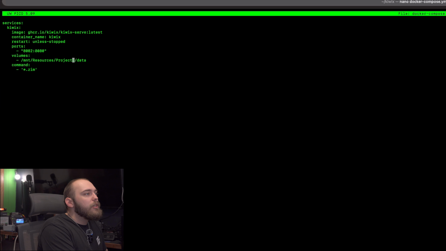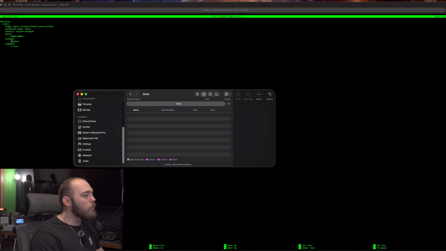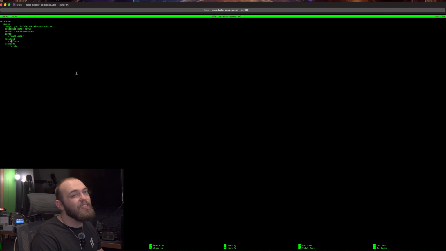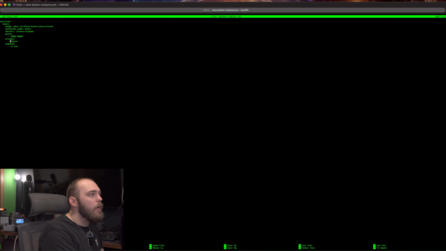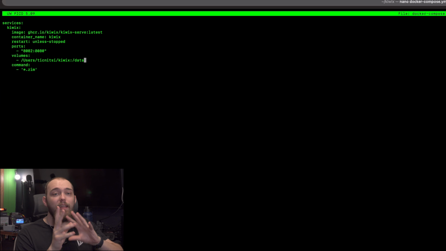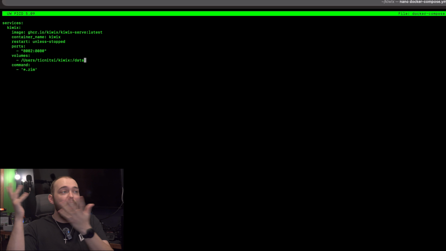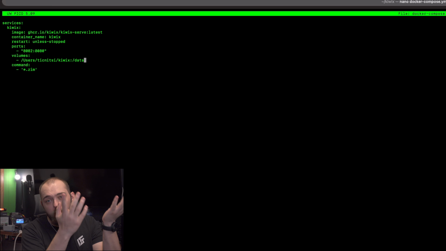So the only thing I'm actually going to change here is where this mount volumes was. I'm going to come over here, my Finder open here. So I'm in the folder. We haven't put anything in the folder yet. This file doesn't exist yet because it hasn't been saved. It's just sitting in RAM, but we'll get back to that. I open this folder up and I'm just going to copy this path and paste it in here. So now instead of pointing at the volume mount resource drive of my server where this came from, it's going to be pointing at my user directory, my home directory, and then the Kiwix folder that we just created.